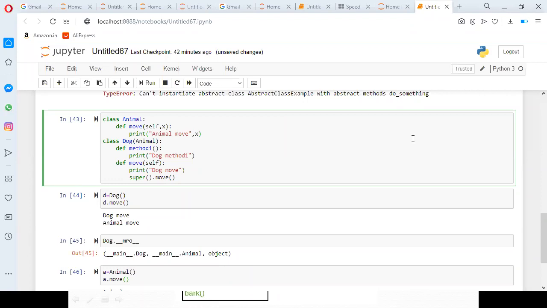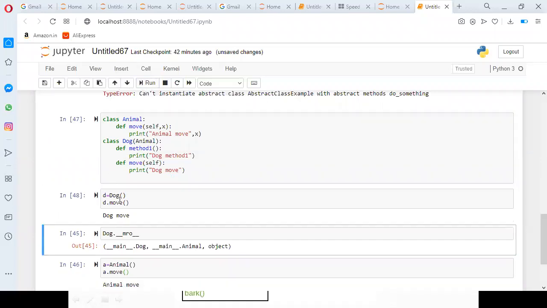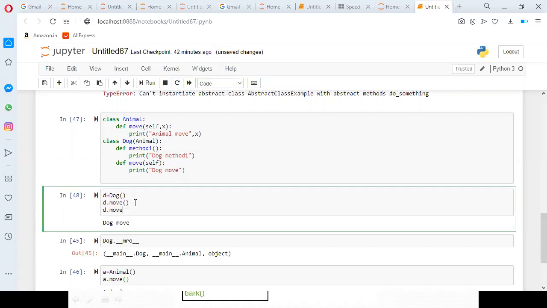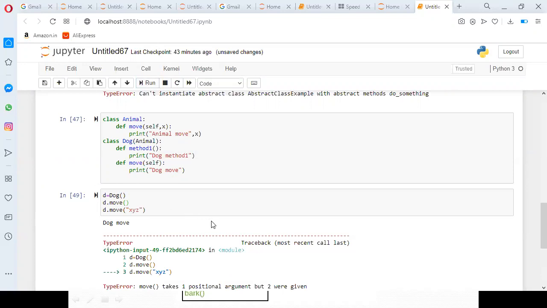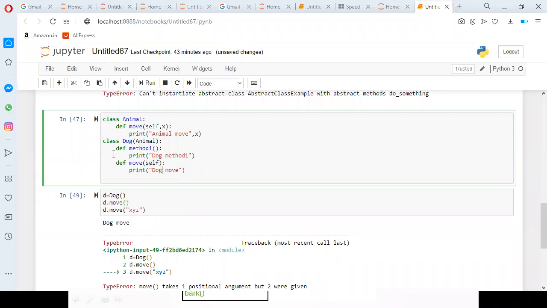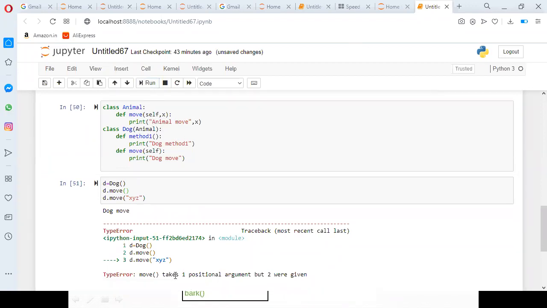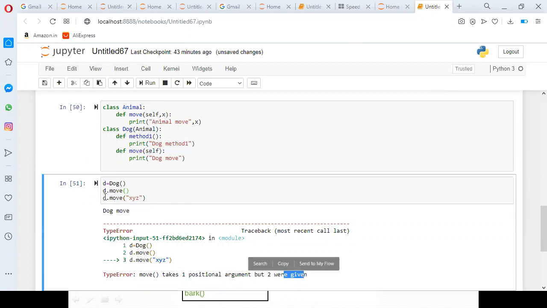If I define x, then it is an issue, because it is different. If I call d dot move with some xyz, we get an error: move takes one positional argument, but two are given. So some problem is there.